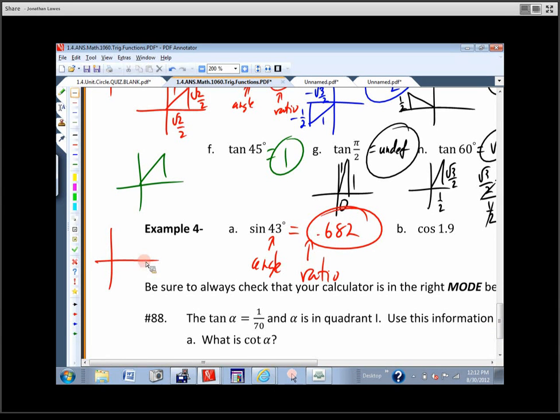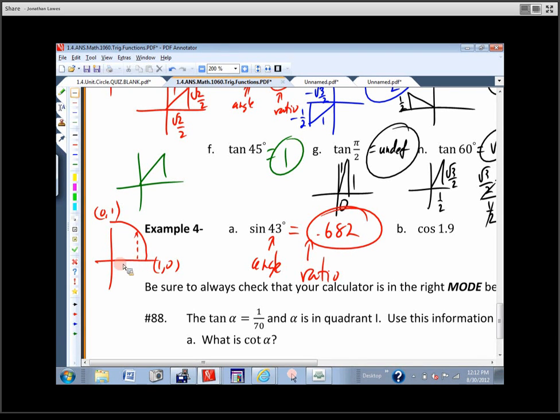If we start off at 0 and make the angle get bigger and bigger until we get to 90, this is (1, 0), and this is (0, 1). Okay? 43 degrees is a little bit less than half. So if I come down here,